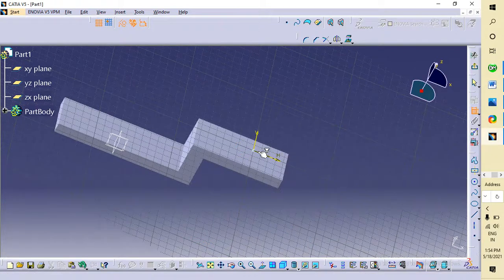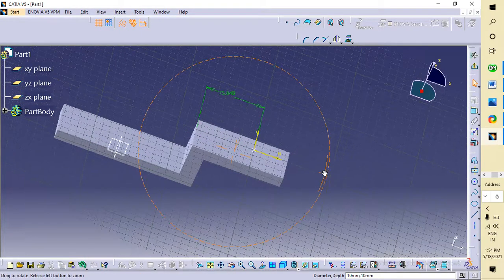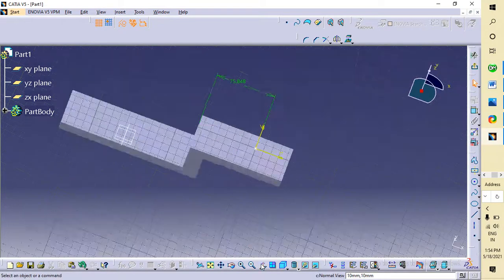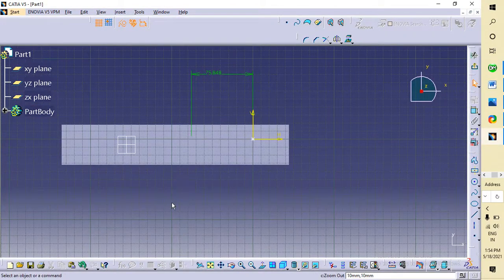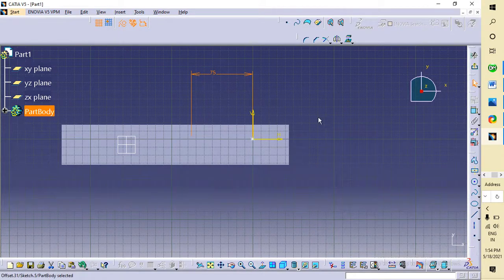I will select this one, and give this as a, now you can see from normal view, this is the right way of giving the dimension. Okay, don't make mistakes. Now I have given this way, now I have to give from this to this.